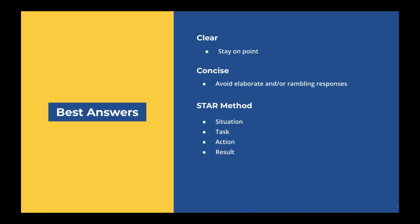So an example of a response through the STAR method might be if someone asks you to tell them about a time when you went above and beyond to complete a project. Your response could be something like, in my last position, my manager got sick right before our annual fundraiser, so I volunteered to coordinate with various teams to ensure that the event still went ahead as planned. I held an emergency meeting with each of the teams and I facilitated backup plans for guest relations, event logistics, budgetary stuff. The event was a success and it raised 10% more funds than the previous year, and I was